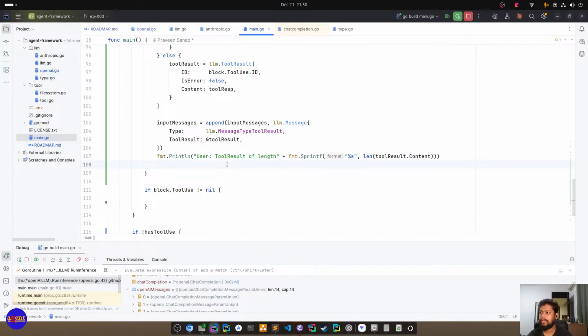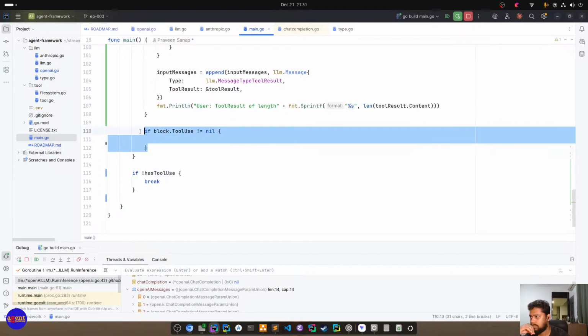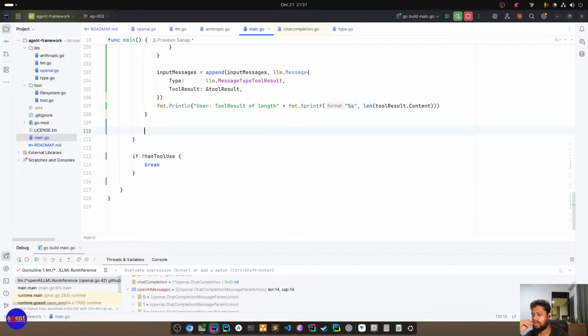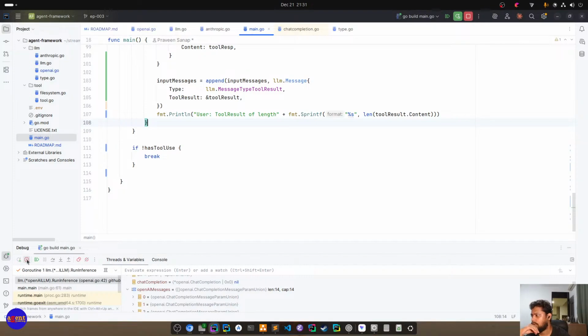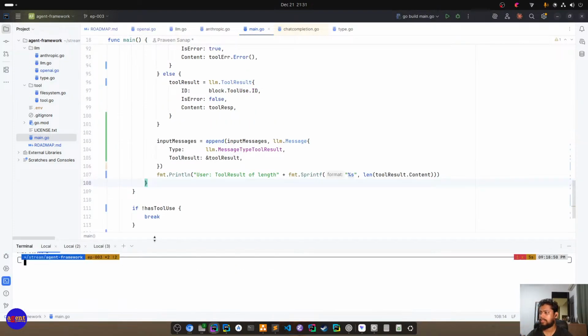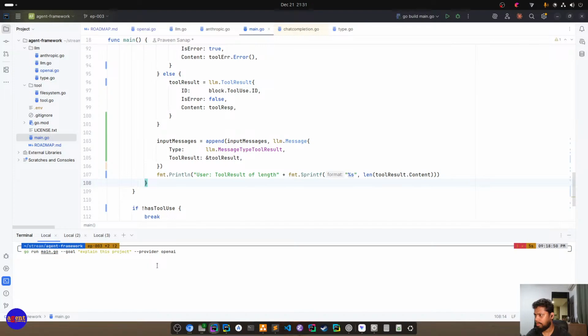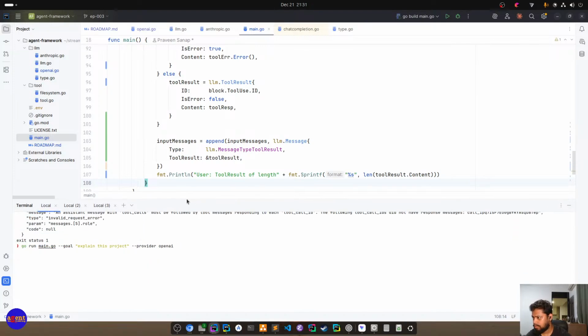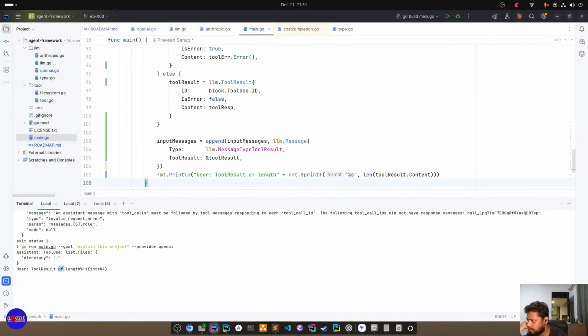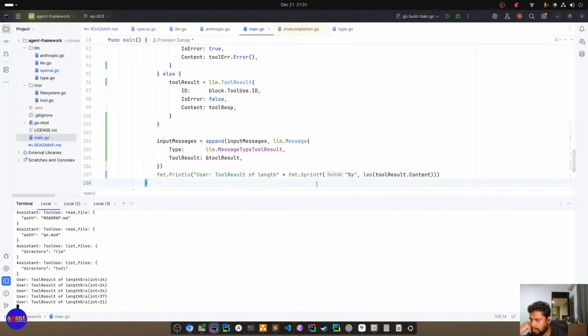So we are saying the tool result also. This is also gone. Okay, let's test it. Okay, something wrong here. Length of content,